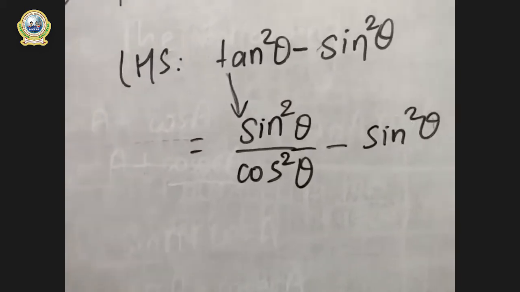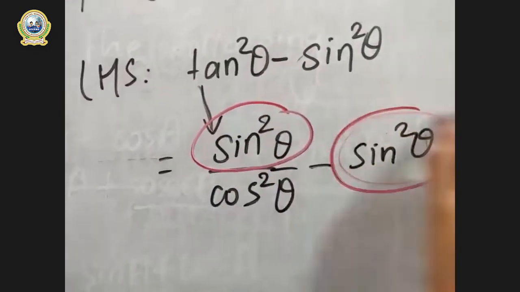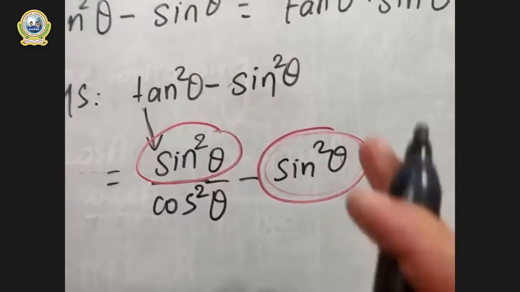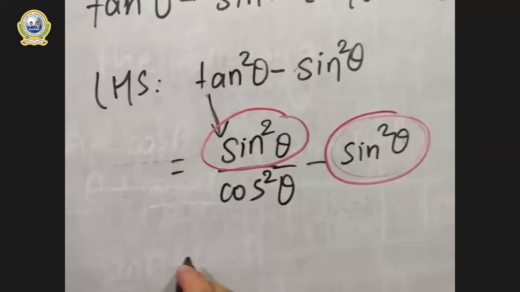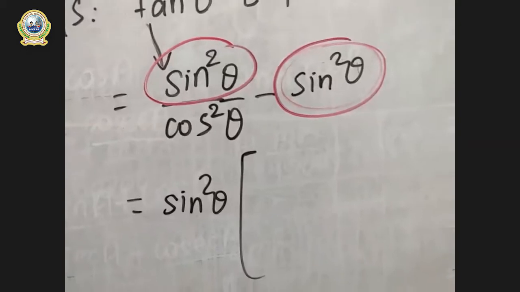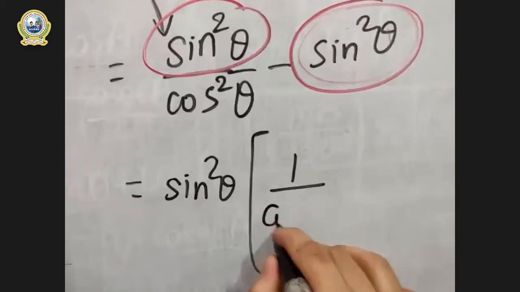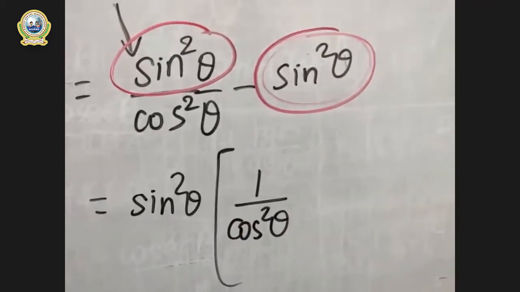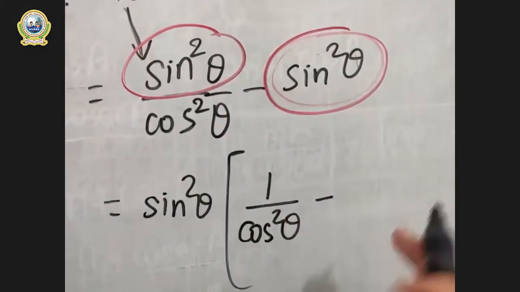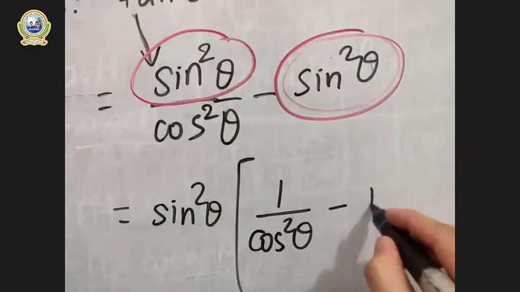Now I think something is coming common over here. These two look exactly same, right? You can take this as common. So if you take sine square theta as common from numerator part, it will be like this: sine square theta. If it is taken as common, then write a bracket over here. Then in the numerator part, there will be only one left. And in the denominator, cos square theta is as it is. And the minus of middle is as it is without any change. And in the right part, as you have already taken sine square theta as common, then only one will be left.